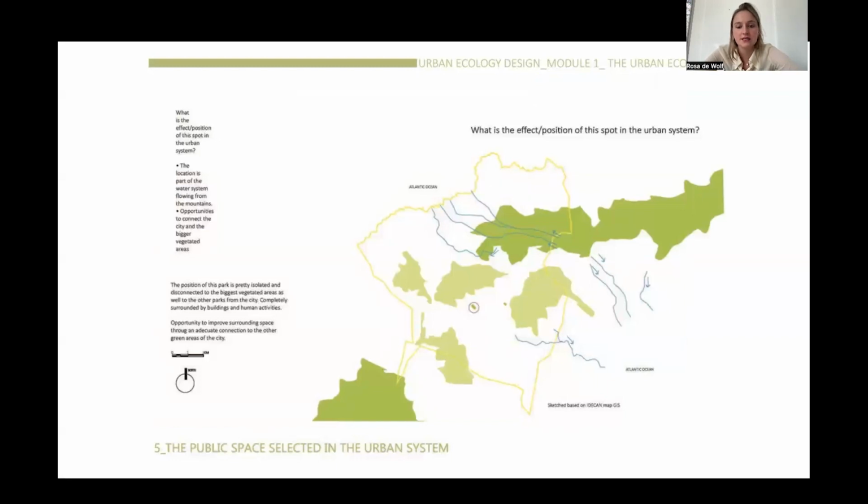This is the location, the red circle that is selected. It's a park, and one of the problems is that it's not connected to the surrounding green areas. The participant aims to improve this connectivity, and I think that the upcoming module will help you a lot in this. We will focus on the urban habitat. We will kick off with an introduction to ecological networks and how we can build and strengthen them. I'm curious to see how you manage to connect this, and good luck.